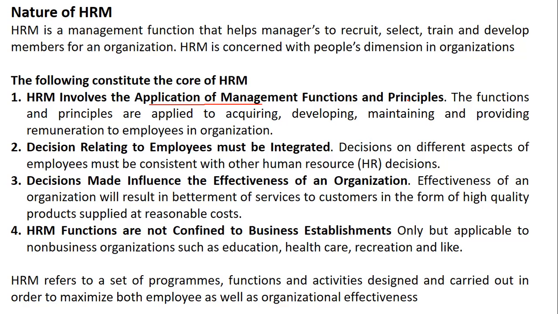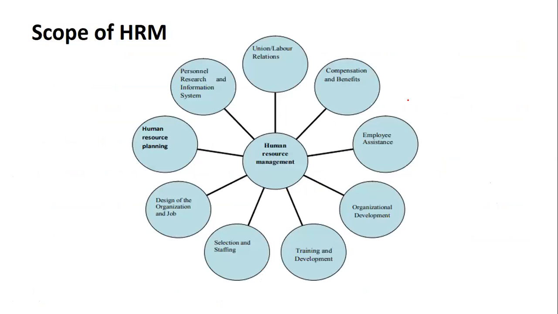Now, what are these various areas? It includes your education, your health, your recreation. All these are a part of your HRM function. So HRM is not only about one aspect, that is the employee. It takes into consideration the employees, the business, and also your non-business functions. So all this together comes under HRM. Now, let's understand the scope of HRM.